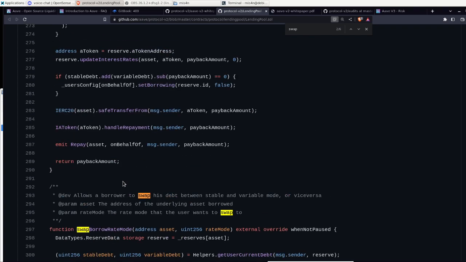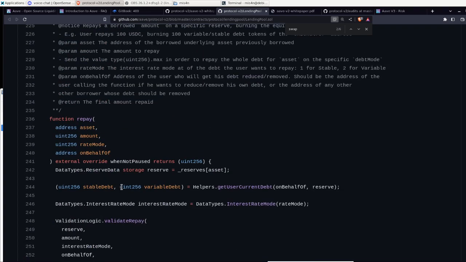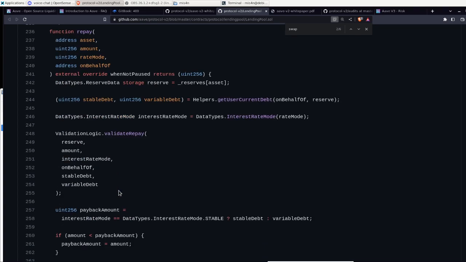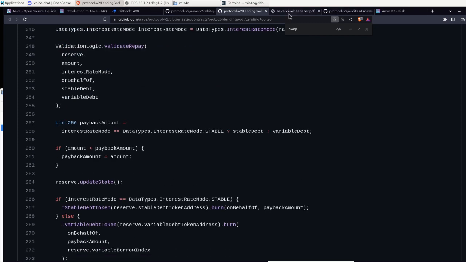Okay, awesome. And here we have another function for repaying. I guess this gives us a little bit of a vision.